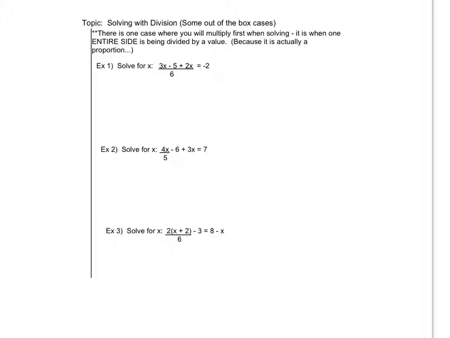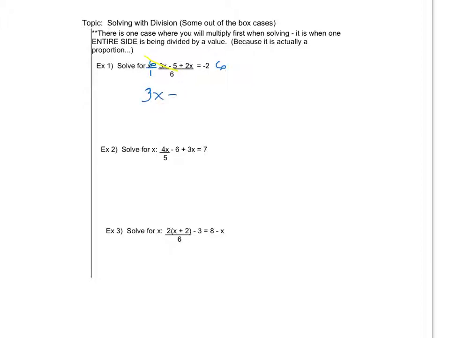I'm going to get rid of it by multiplying the left side by 6 and the right side by 6, because technically what I'm doing is multiplying by 6 over 1. So the 6 is on top. I'm not multiplying the 6 by 6. I'm multiplying the left side by 6. That's helpful because now my 6's will cross out over here,